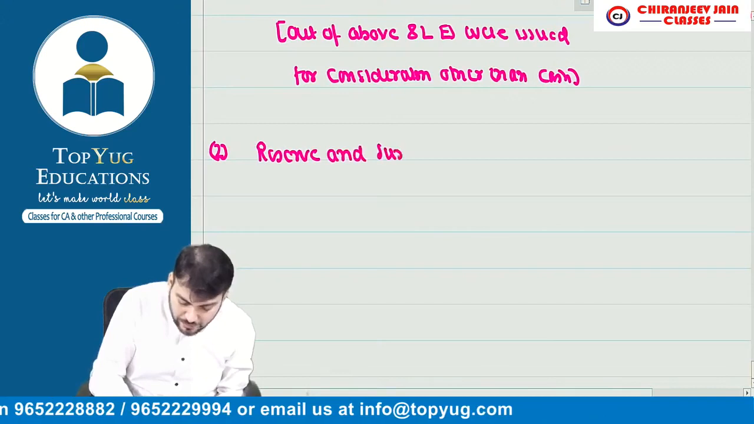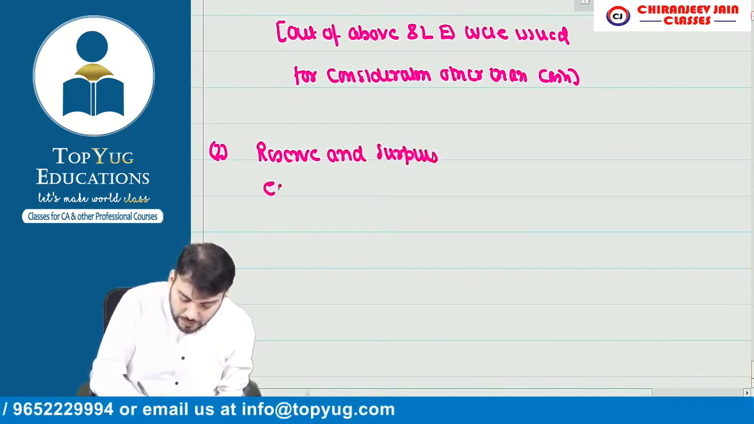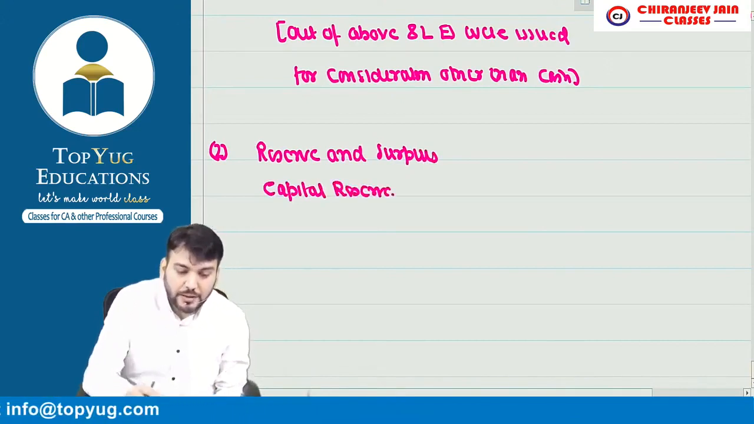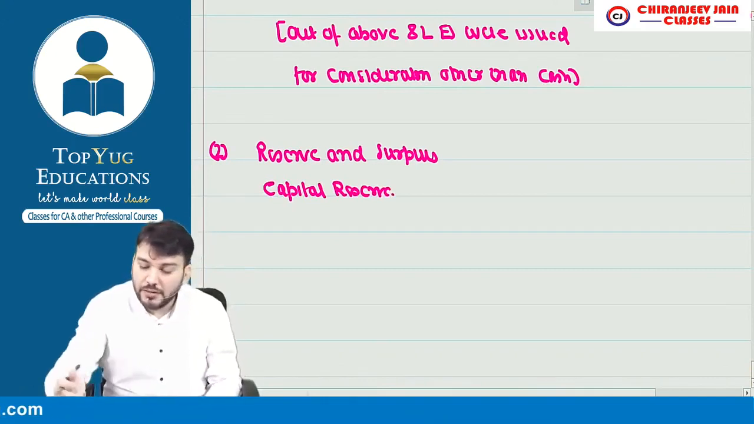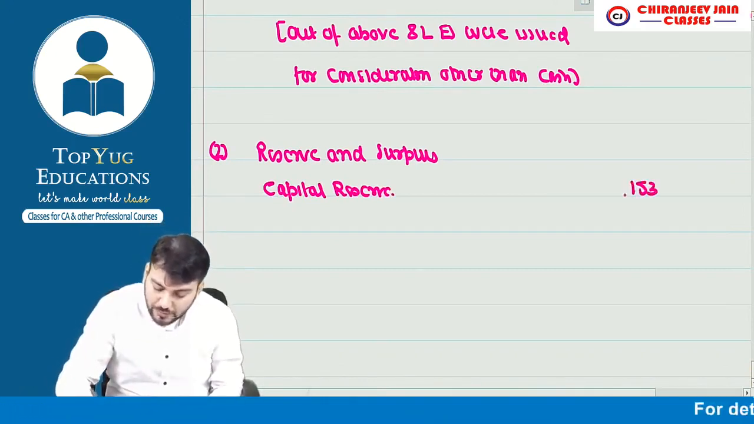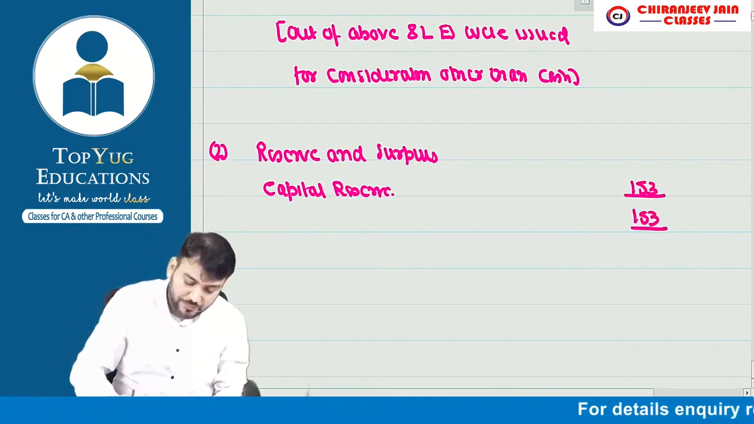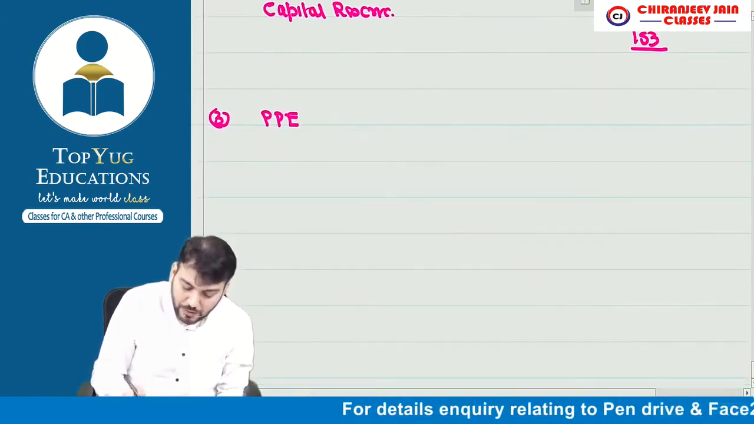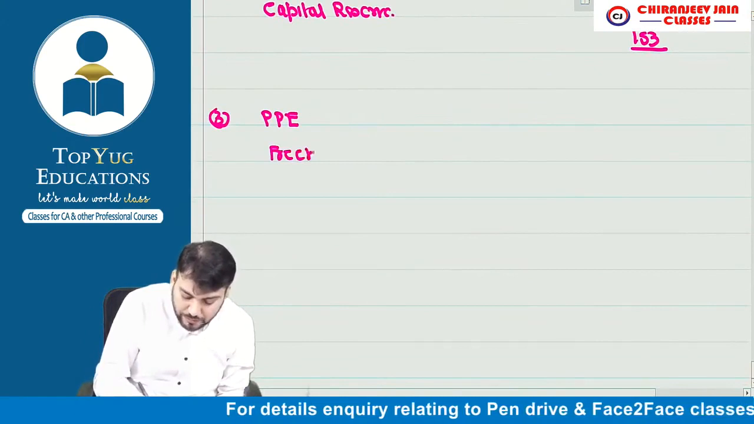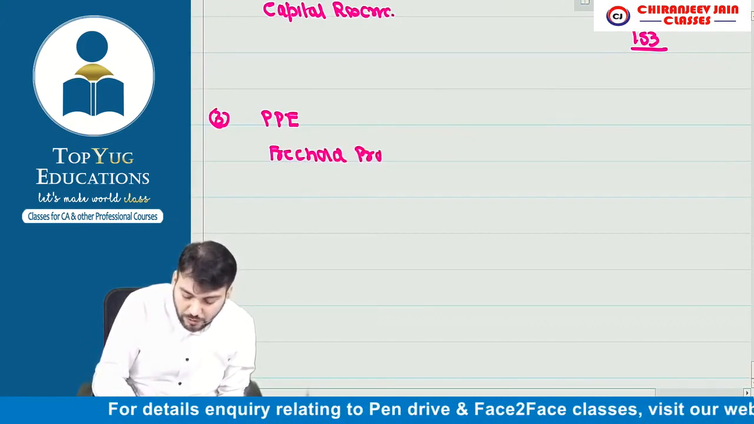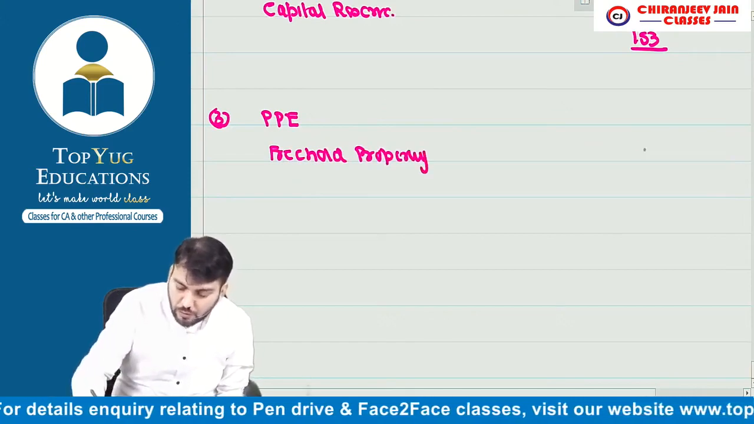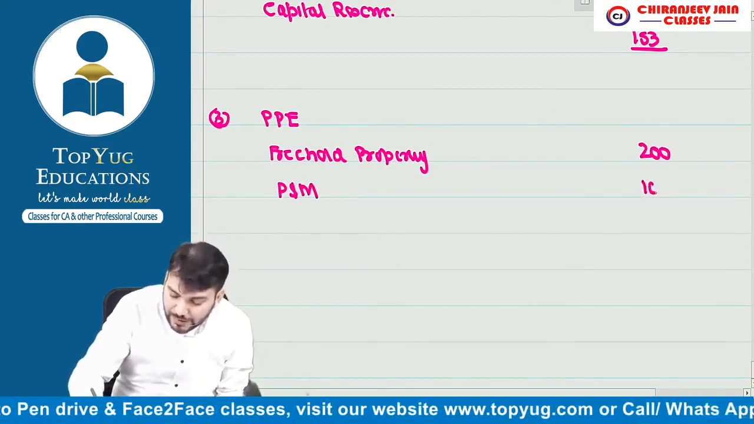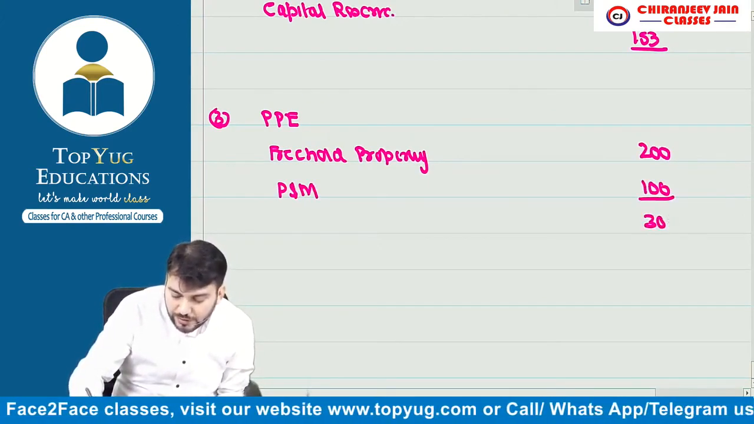reserve and surplus। we have capital reserve how much, capital reserve कितना है, that is 153 lakh, total हो गया 153 lakh। then note number 3 is for property plant and equipment, तो first is freehold property, तो वो हो गया 200 lakh and plant and machinery that is 100 lakh, total is what 300 lakh and done।